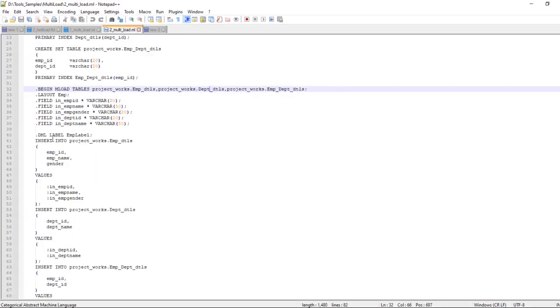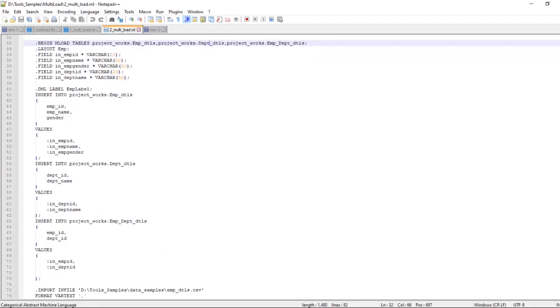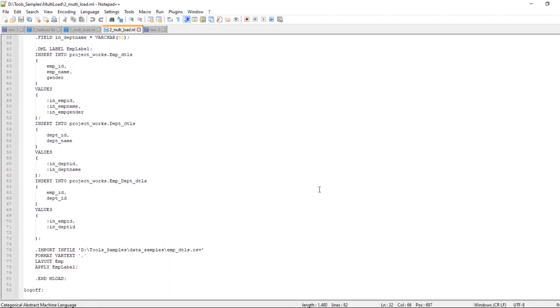For the DML label, I have given employee label, and under that DML label I have used all the DML commands. It has a maximum limit of 20 DMLs. Under import infile, I mentioned the EMP details CSV. Because it is a comma delimited file, vartext represents comma.